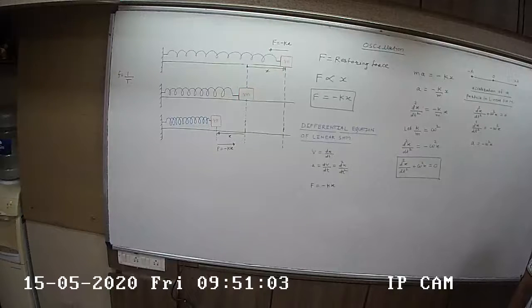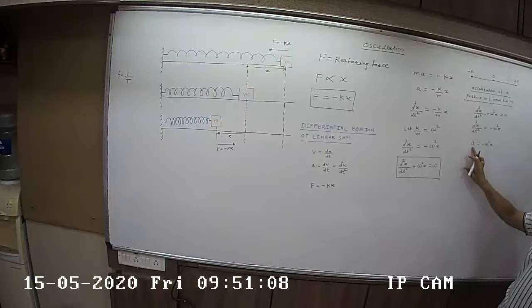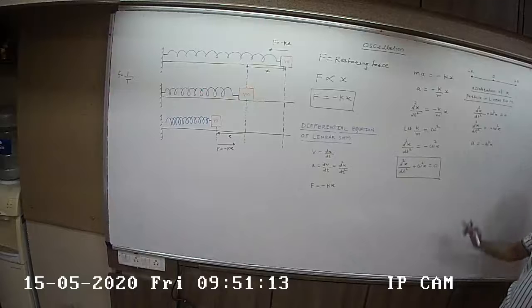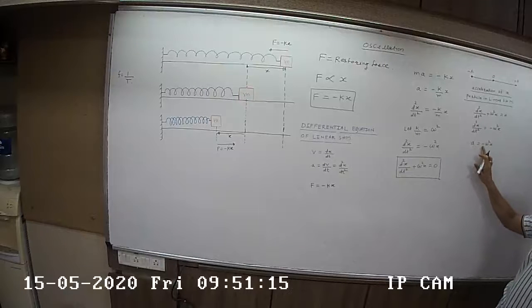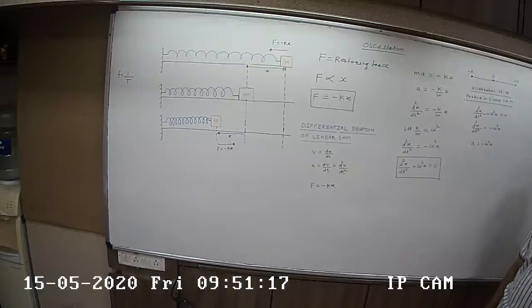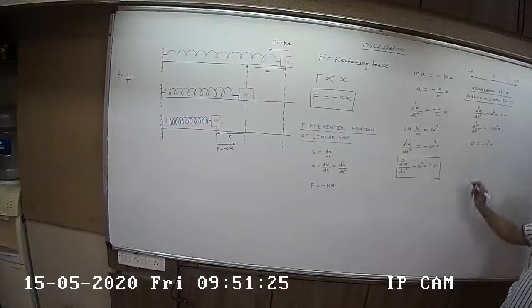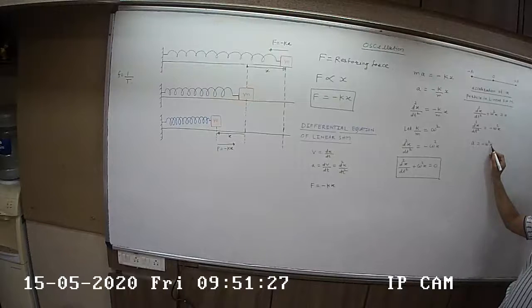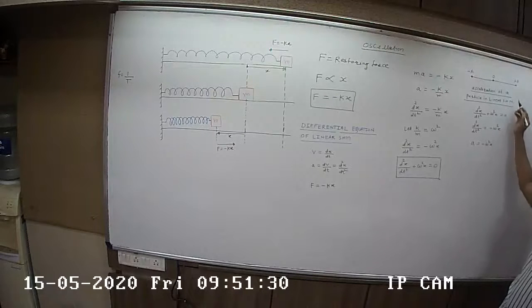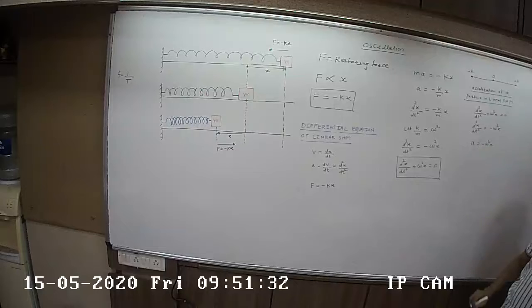So you can say in linear oscillation, not only the force, but even the acceleration is directed towards the mean position, and a and x are directly proportional to each other. A is also proportional to x. Negative sign is there, so A और X का direction क्या रहेगा? They are oppositely directed. Or you can say acceleration is directed towards the mean position. Okay? Now A is maximum when X is maximum. तो X का maximum value कितना है? A है. तो A का maximum value कितना रहेगा? Omega square A, and that is possible in the extreme position.